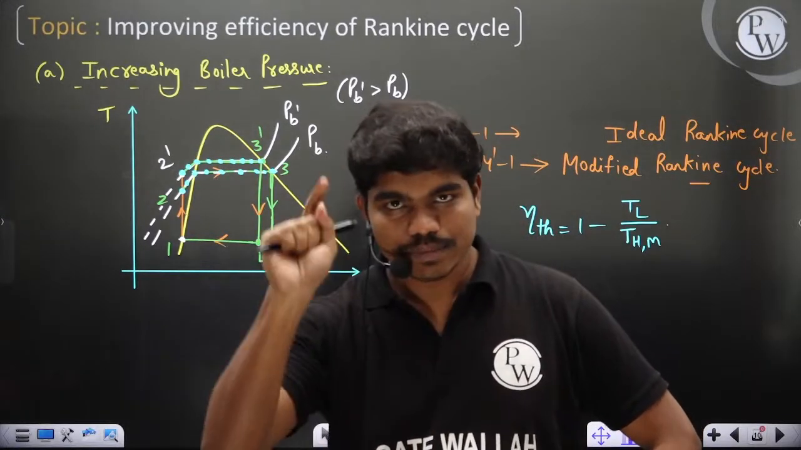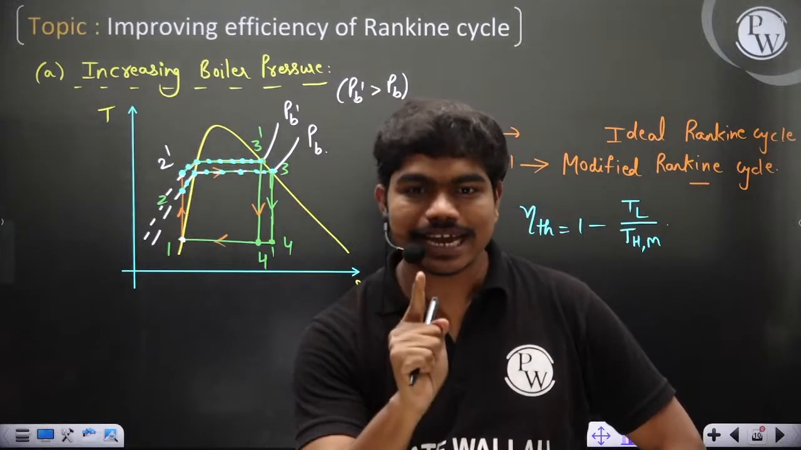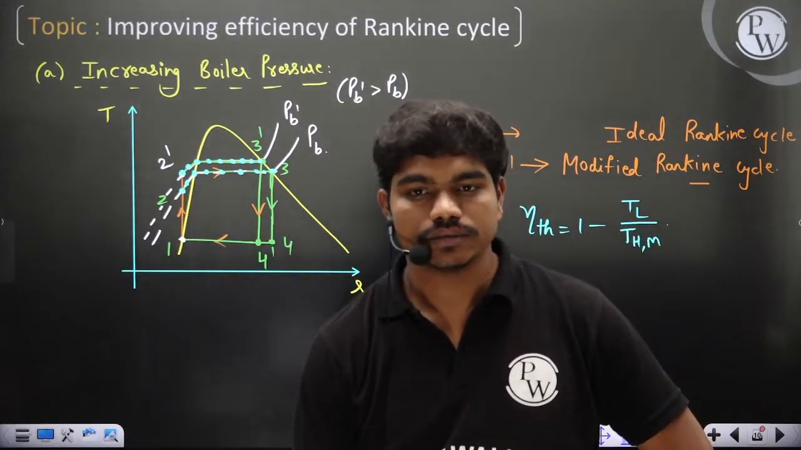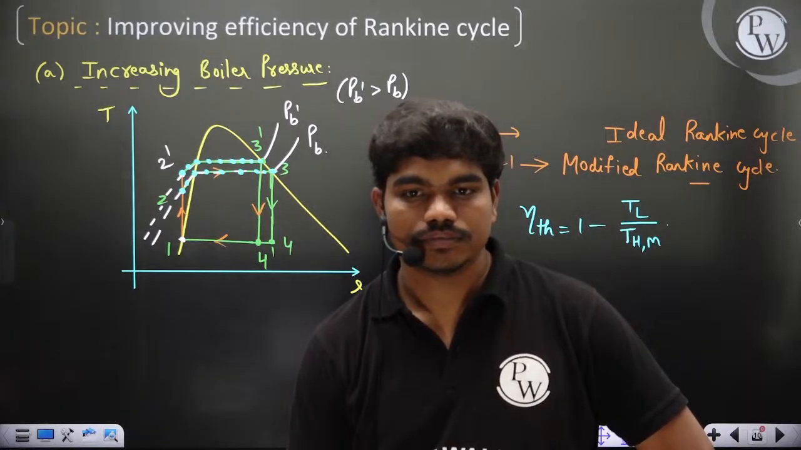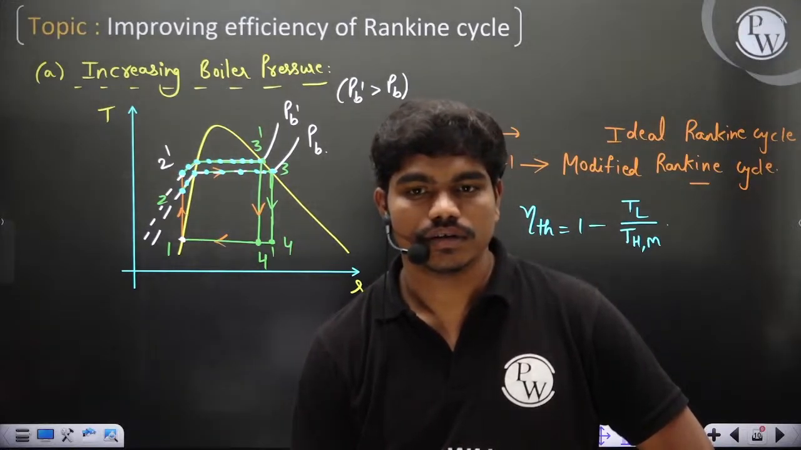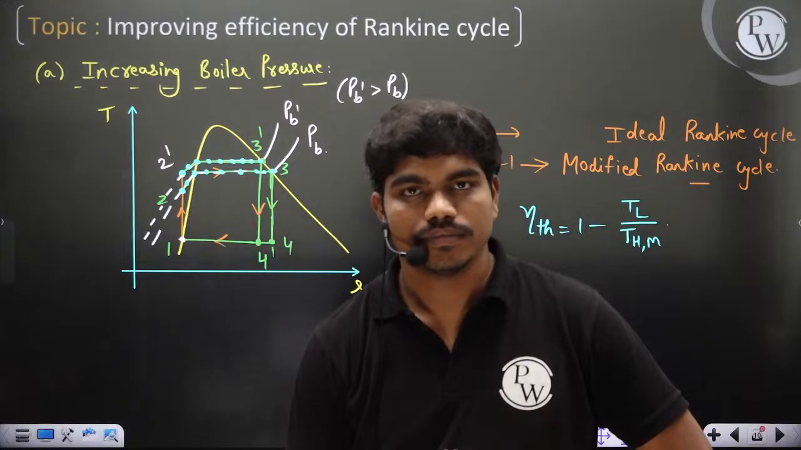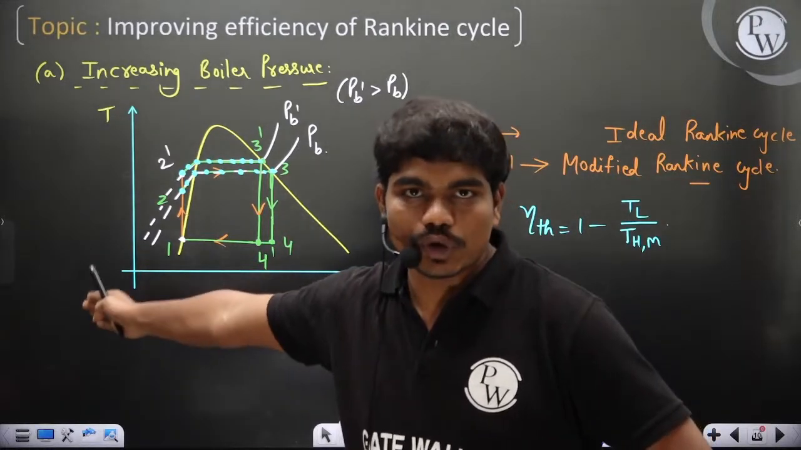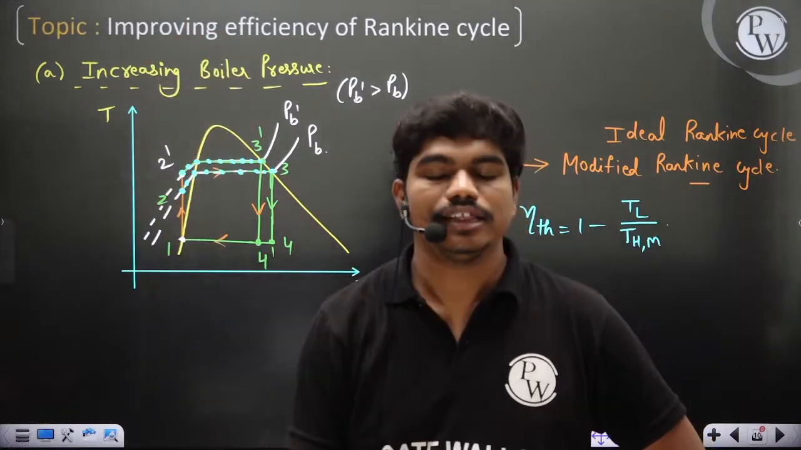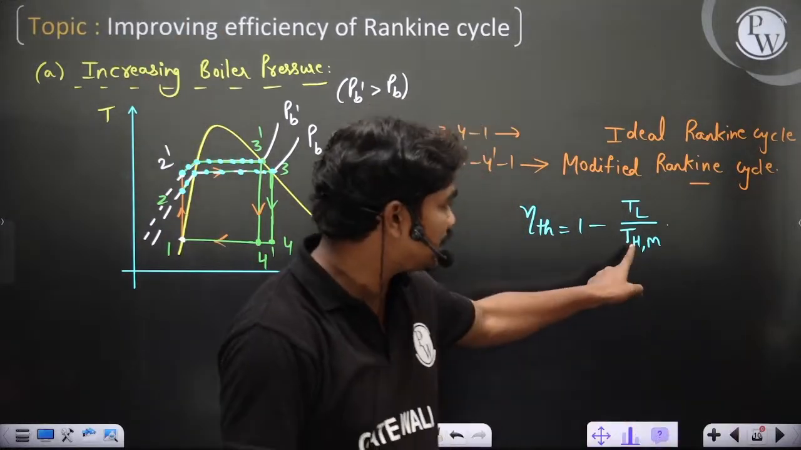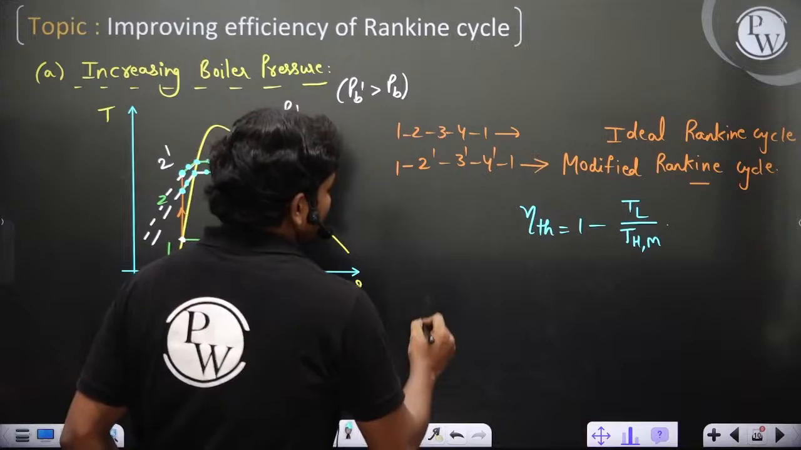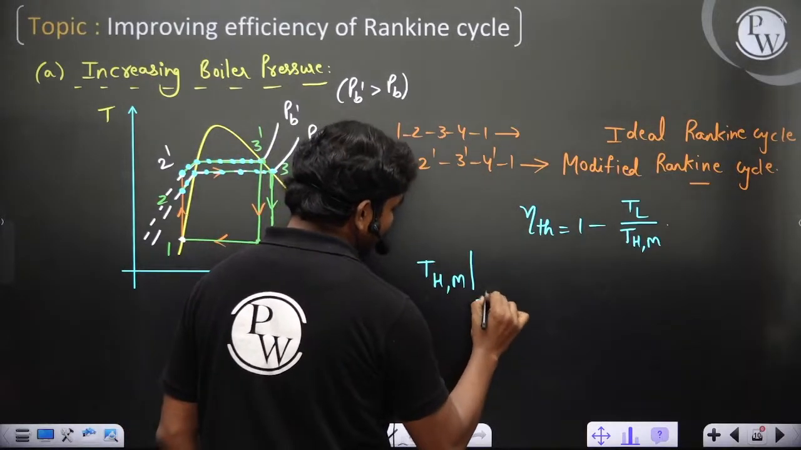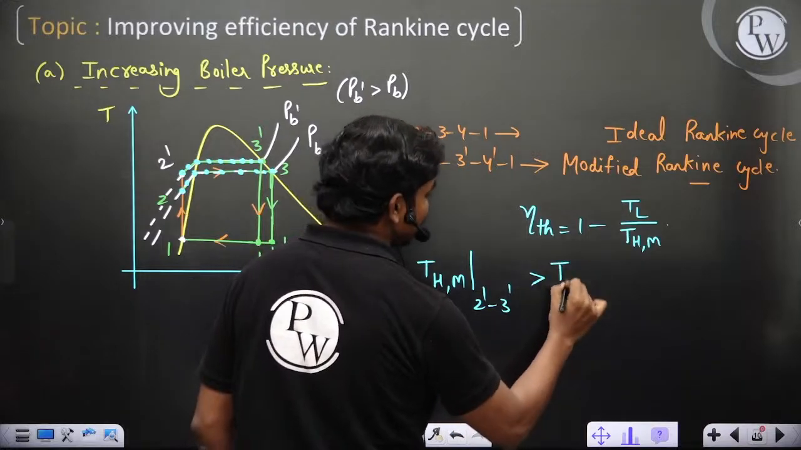At all points in the process 2 dash to 3 dash, the temperature is high as compared to the process 2 to 3. Clear? Then definitely if at all points of 2 dash to 3 dash the temperature is high, then what happens to this TH mean? That will increase. So TH mean in case of 2 dash 3 dash is actually more than TH mean of 2 to 3,